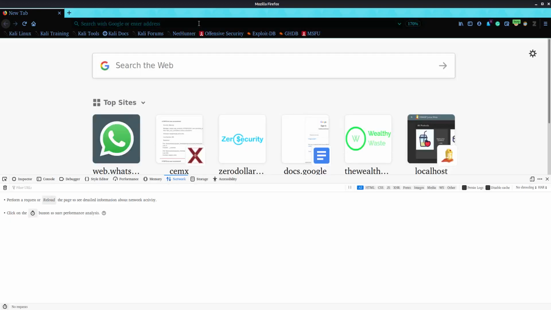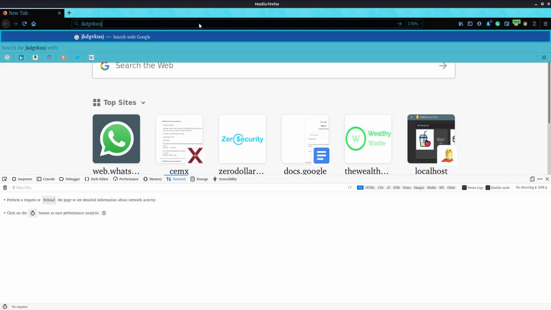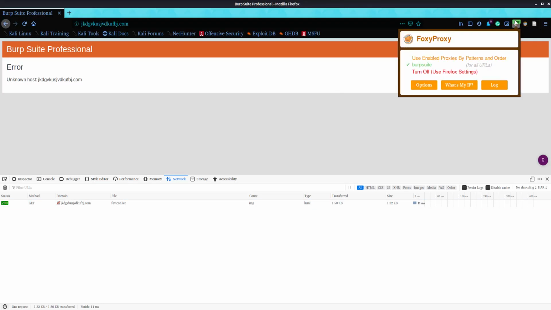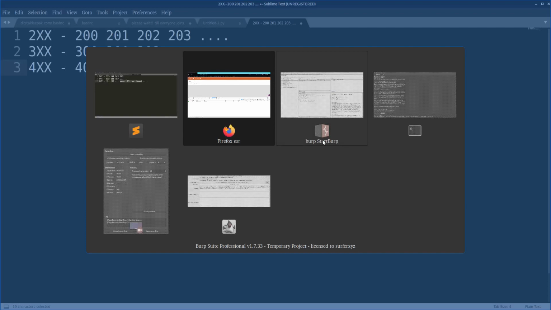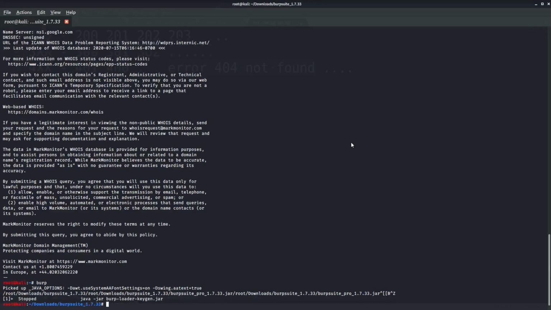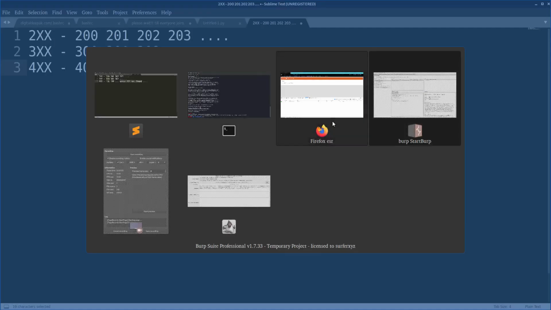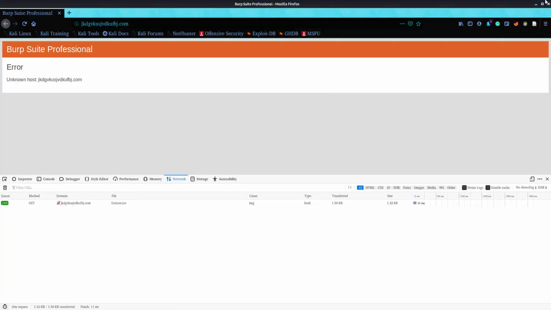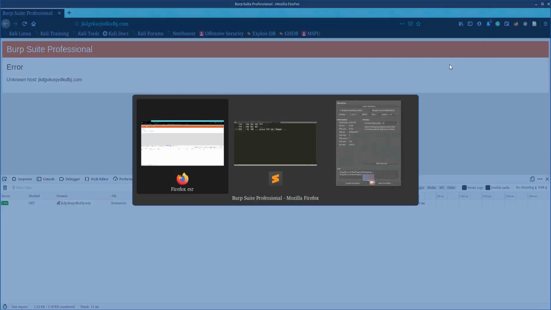Let me search for any random domain like .com. Oh, actually my Burp Suite is working, so I get a request response, sorry. So let's turn off my Burp Suite for now and close it.